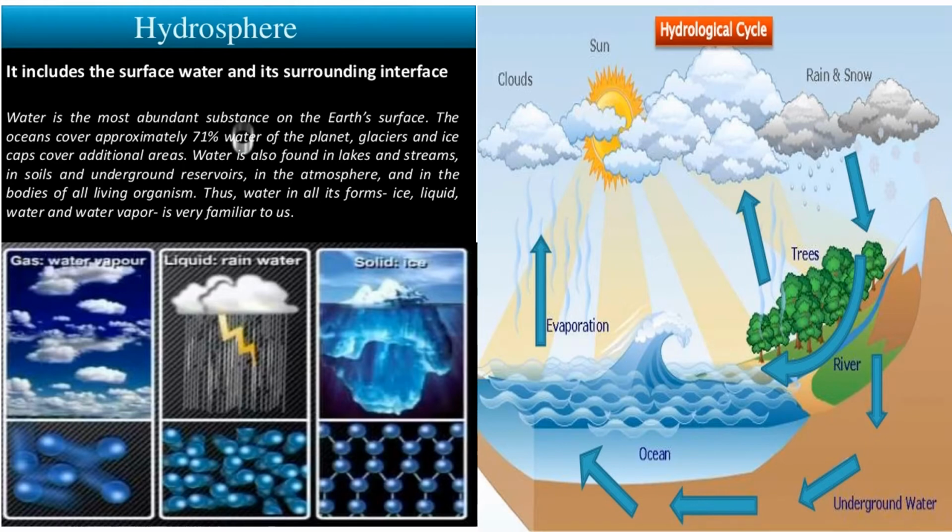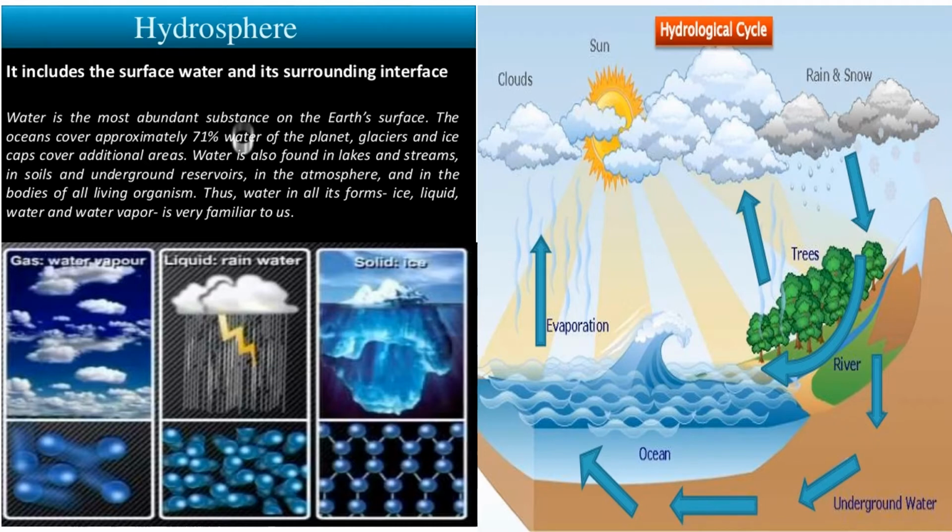Hydrosphere includes the surface water and its surrounding interface. Water is the most abundant substance on the Earth's surface. The ocean covers 71% of the planet. Glaciers and ice caps cover additional areas. Water is also found in lakes and streams, in soils and underground reservoirs, in the atmosphere and in the bodies